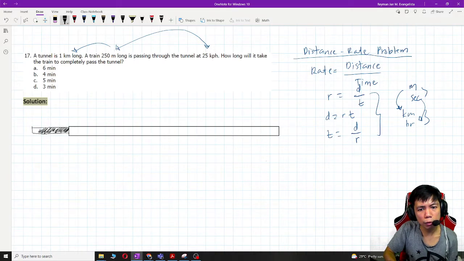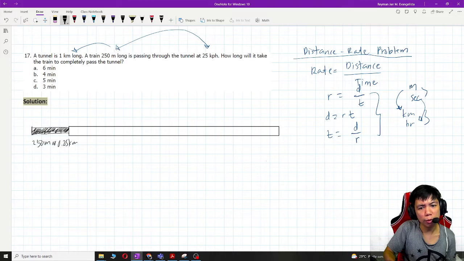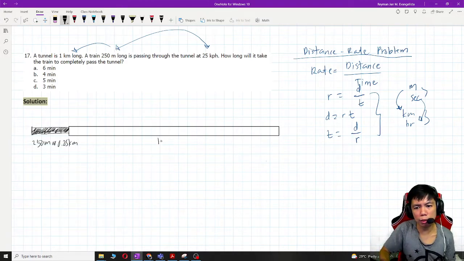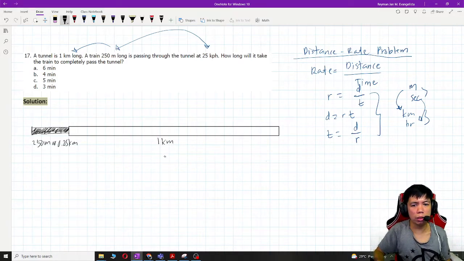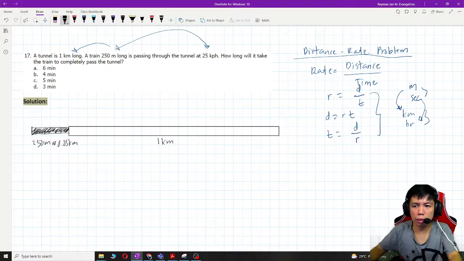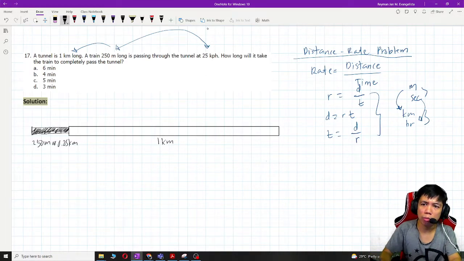Okay, so, assuming na sakto lang yung pasok ng train sa tunnel. Again, this is 250 meters or 0.25 kilometers na. Okay, then the length of the tunnel is 1 kilometer. When we say completely pass, okay, so after some time,